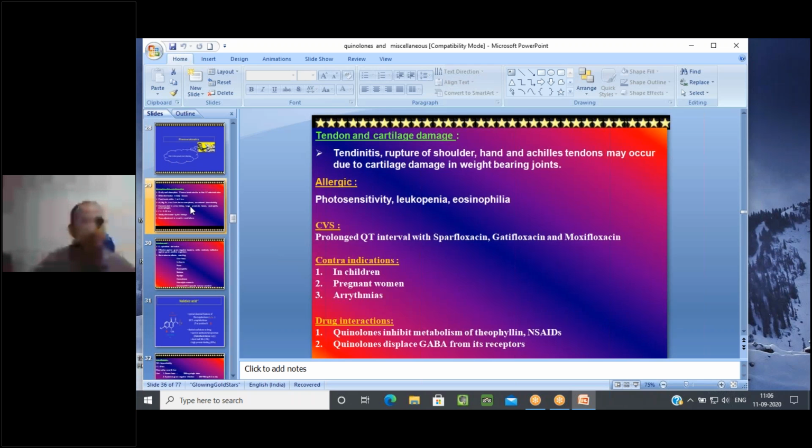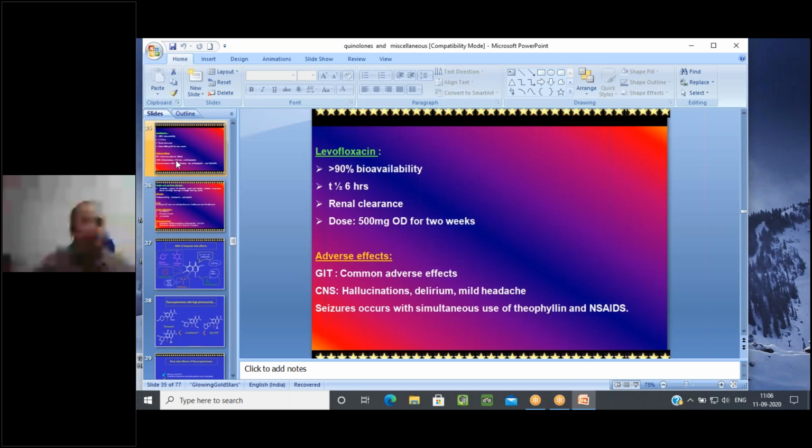Next, you come to the adverse effects. Very, very important for this group. If you see system by system, the GIT is commonly upset. If any drug has a bitter taste, there may be a vomiting sensation, GIT irritation, and acidity-like condition that the patient may complain of. So gastric irritation is a common adverse effect, and sometimes diarrhea also.